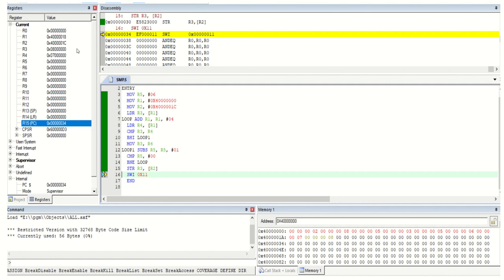Here disassembly window, register window, memory window and working window. Memory window we have to use here. Thing is largest and smallest number we have to find out. That's why give the numbers as a input in the memory. Consider one address and give your number inside the memory. Any number you can consider, but what is the size of the array you have to mention in the code. Here I consider 6. Here I have to consider that many numbers.